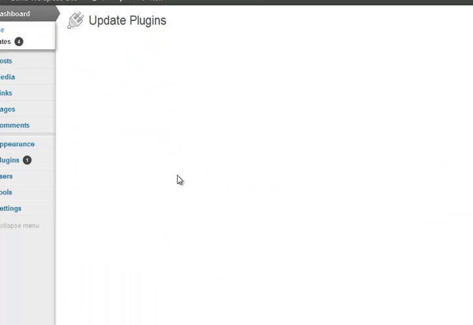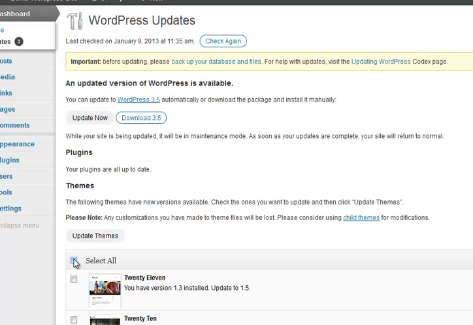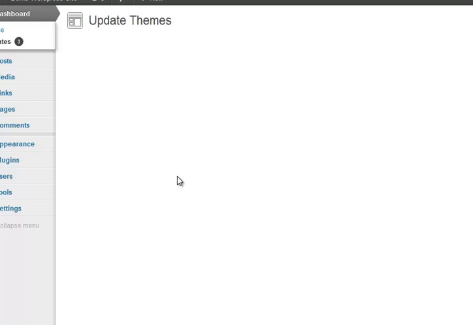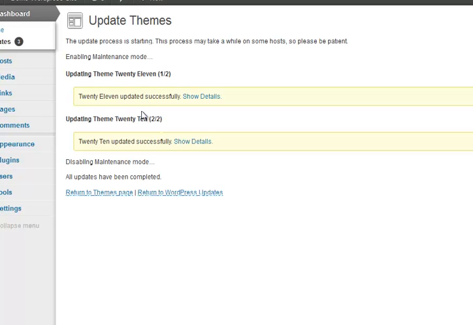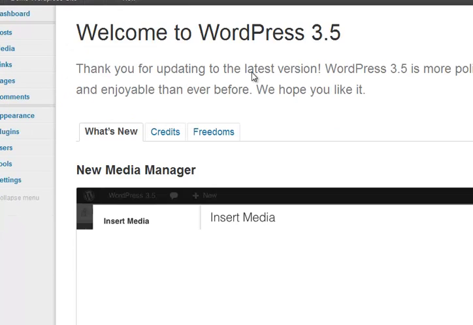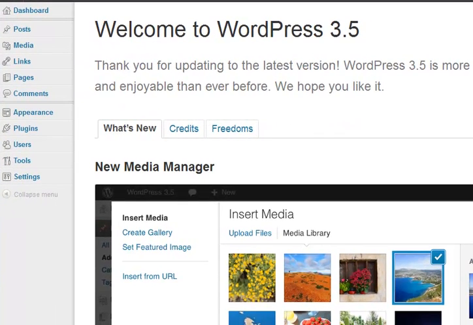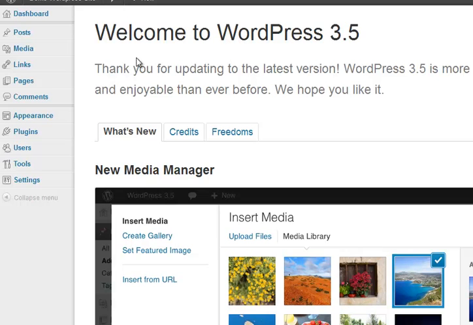It's as simple as ticking the thing saying update plugins, update themes because they seem to change, and then upgrading to the latest version of WordPress. It really is just click what you need to do. You don't have to do that all the time, but if it happens, it happens. Then you'll get that welcome screen, great, don't really care. The dashboard,